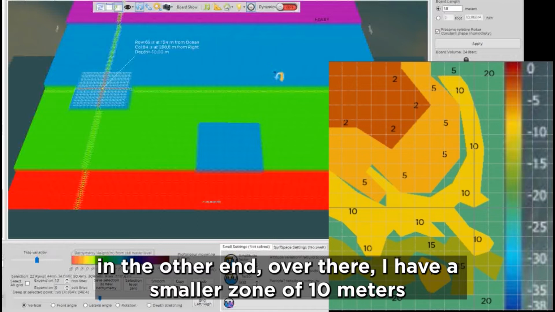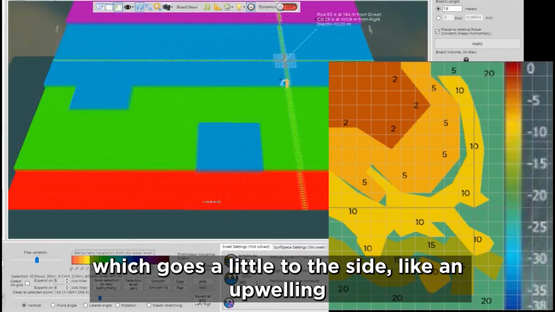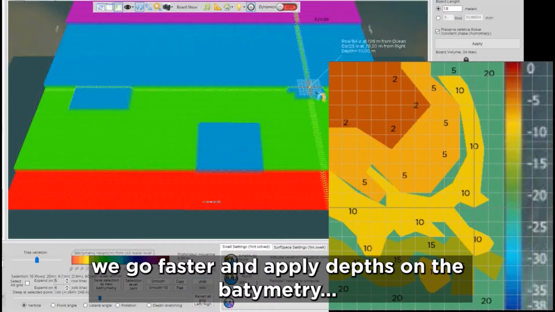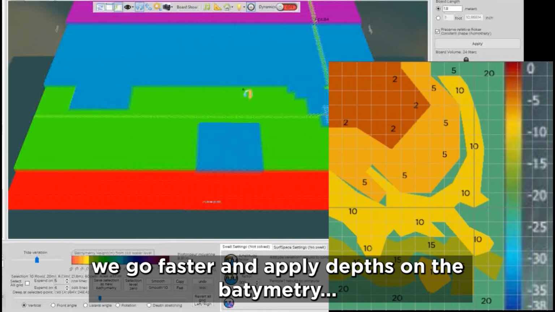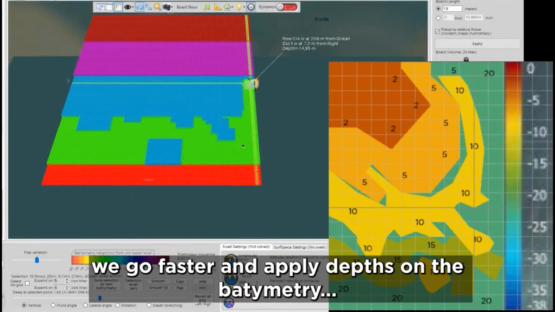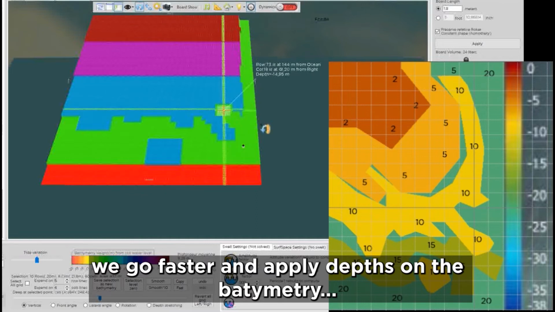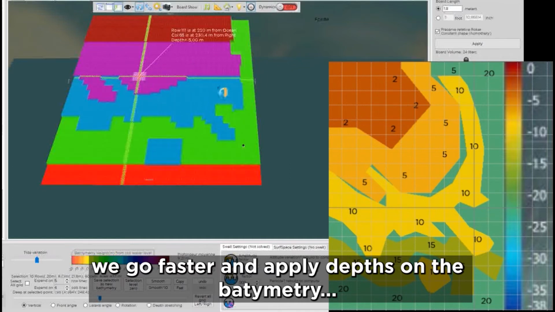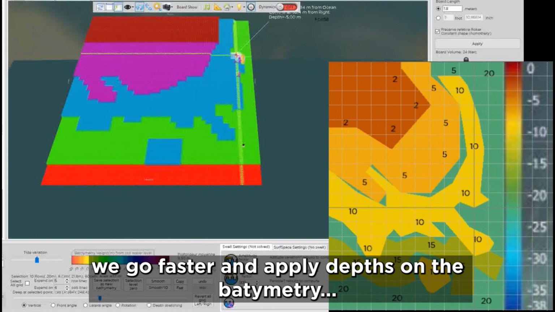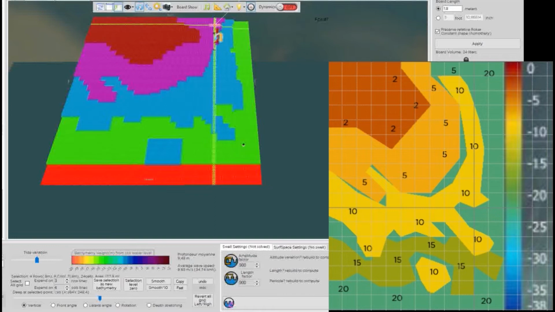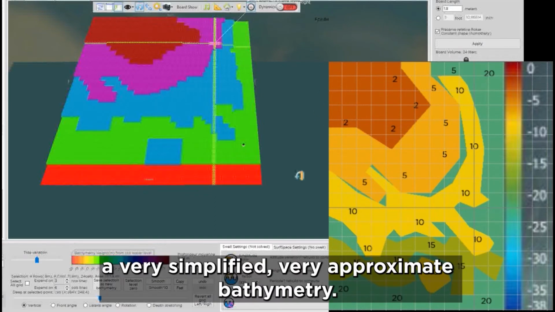In the other end, over there, I have a smaller zone of 10 meters, which goes a little to the side, like an upwelling. So here is a very simplified, very approximate bathymetry.